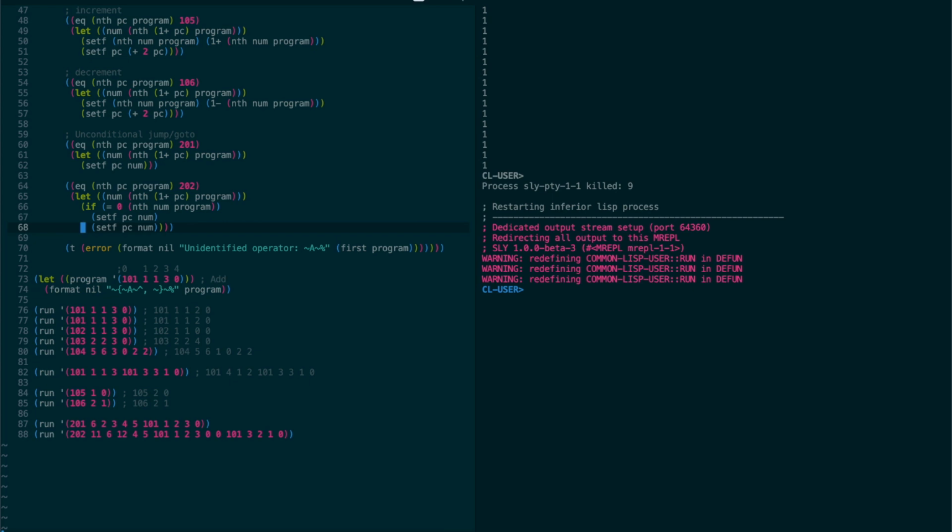So we've not quite got this right yet, because we need to actually set up the correct gotos, and that's fine. But we've got everything in place here. So if the number looked up by nth num program, after we've got that, so after the value stored in 11, after we've looked up the value stored in 11, if it is 0, we will jump to the position in 12, otherwise we will go to 6. Now